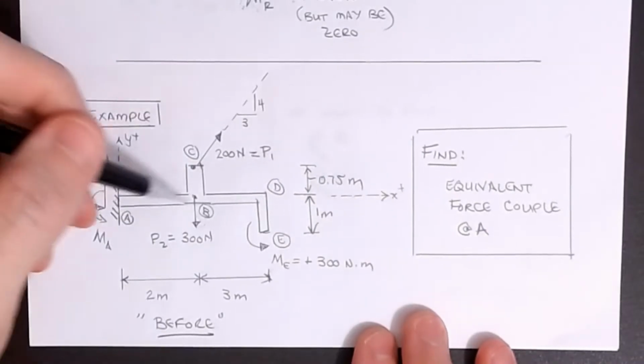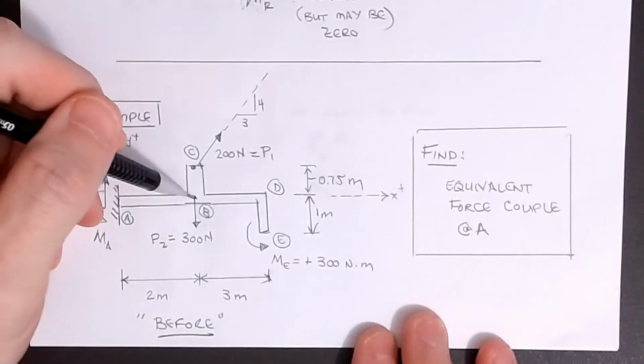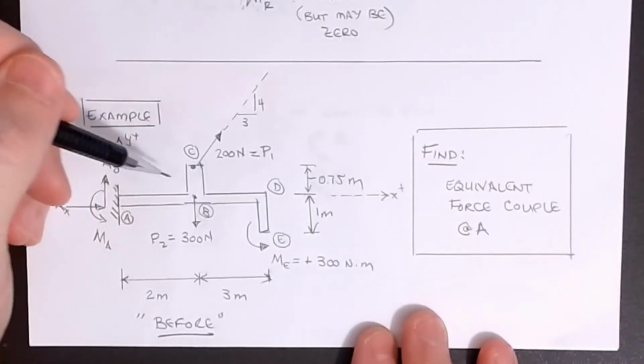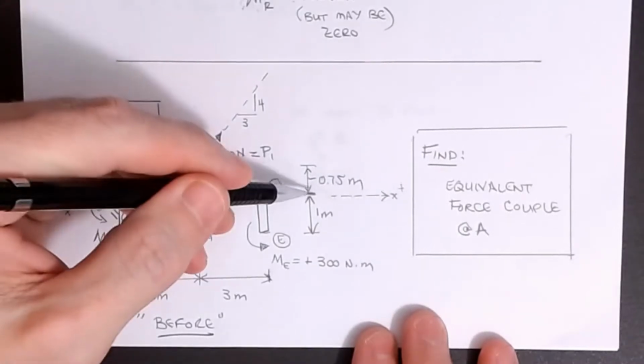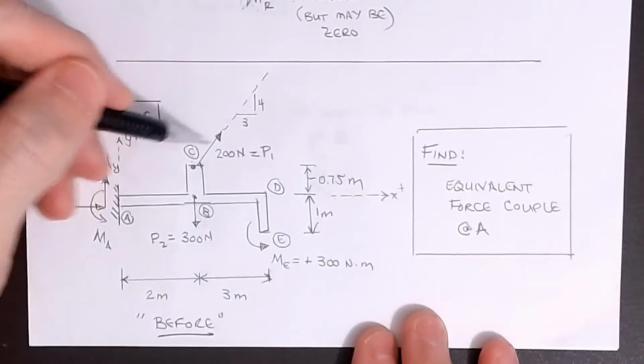Okay, we have a series of points to define the object. I have point A, which is at the wall. I have point B, which is 2 meters along the x-axis from A. I have a point C, which is now 0.75 meters above B and has a force of 200 newtons that